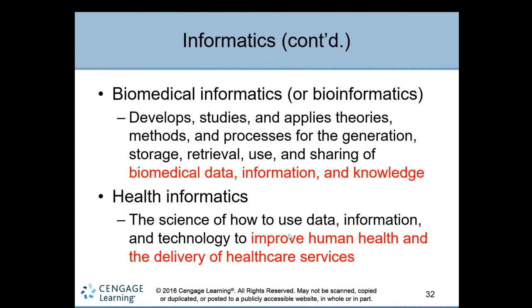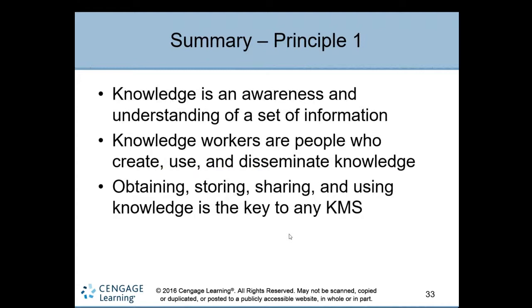Health informatics is various kinds of informatics to improve human health and the delivery of healthcare services, like making robots, right? Robots are machines and tools which help in diagnosing the patient's health, like lung cancer or any cancer treatment. They are mostly advanced tools, like artificial intelligence, neural networks, and many other different systems available in health for understanding and reading the information related to biomedical data, right? So these are the things over here. So this is the end of this chapter.